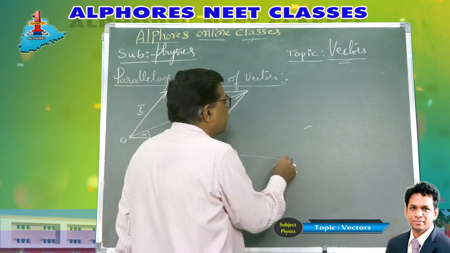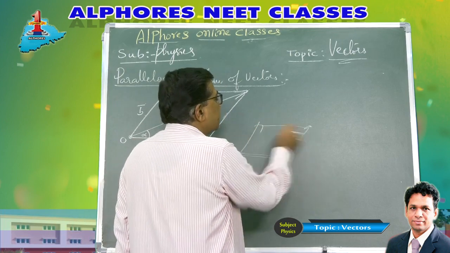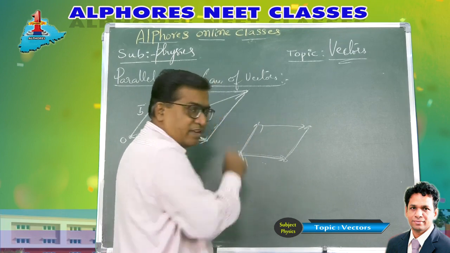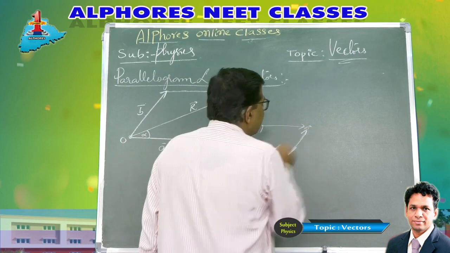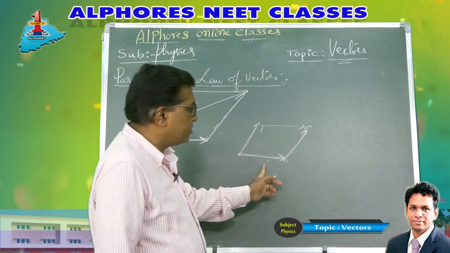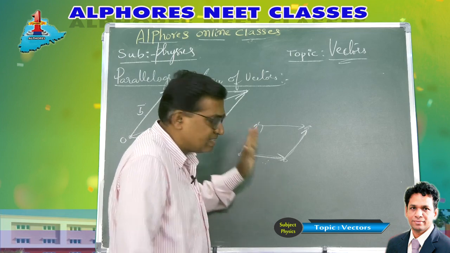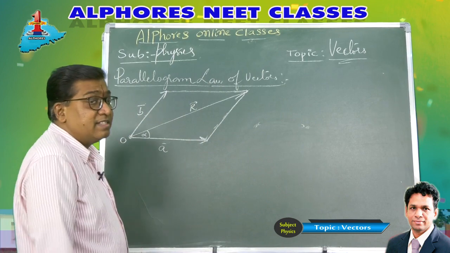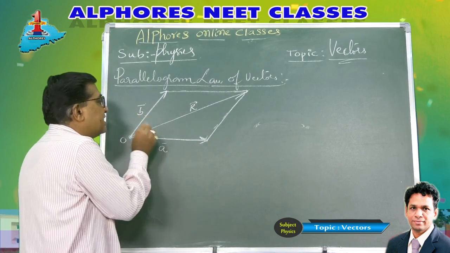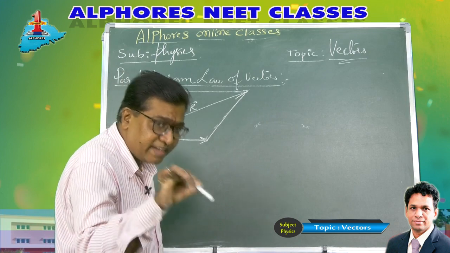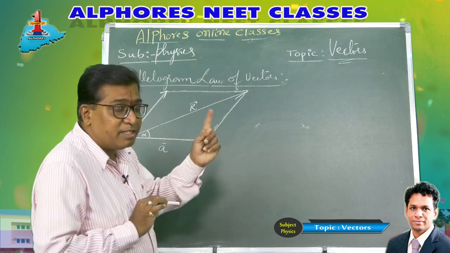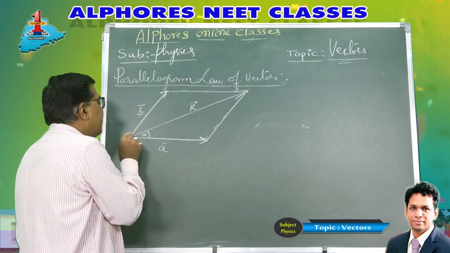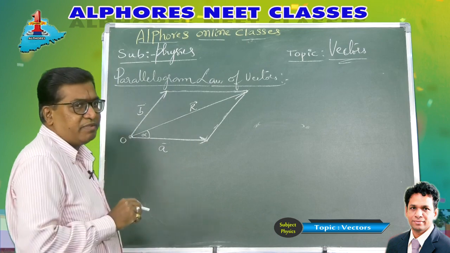Well, a parallelogram has four sides. Now, which two sides? Are you representing these two or these two? No. The vectors starting from the same point, adjacent to one another. Even these two are also adjacent, but you cannot find the resultant from these two. So it is the adjacent sides of a parallelogram. Right? Then, if two co-initial similar vectors are represented as two adjacent sides of a parallelogram in magnitude and direction, their lengths must be proportional to their magnitudes, right? Then the diagonal passing through the point of intersection of the vectors.